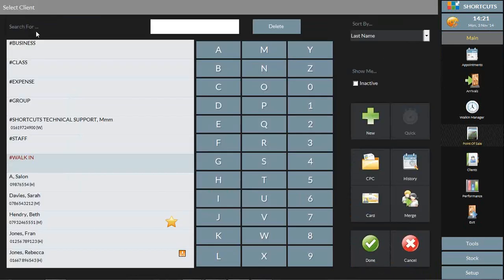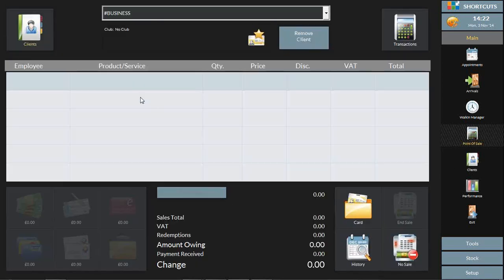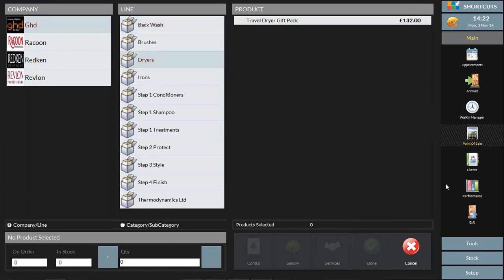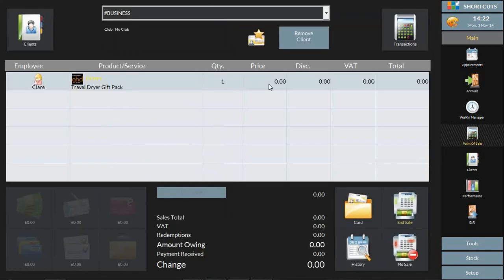and our client, and we would select hash business, which always lives at the top. Hash business, and then we'll hit done. And then all we would do is just say who took the product, and then we just choose the products that we're using. That's it. And then done. Fab, and then you'll see that it comes through at 0 price,